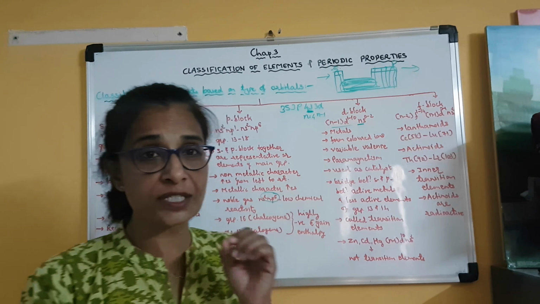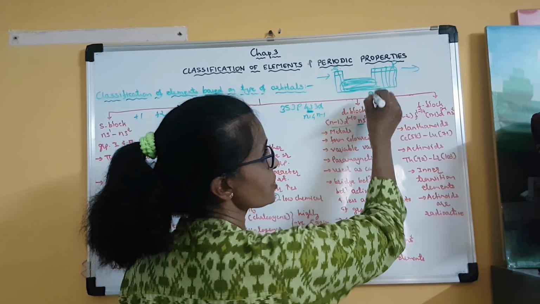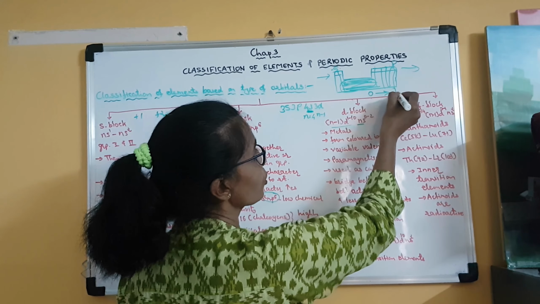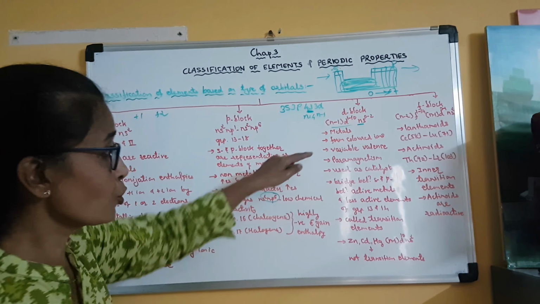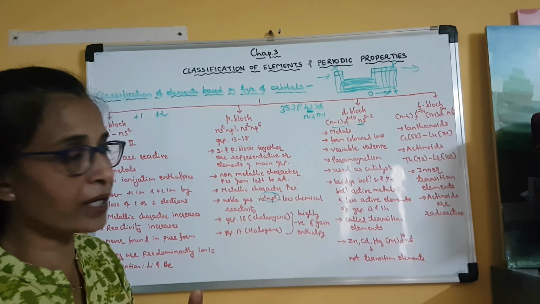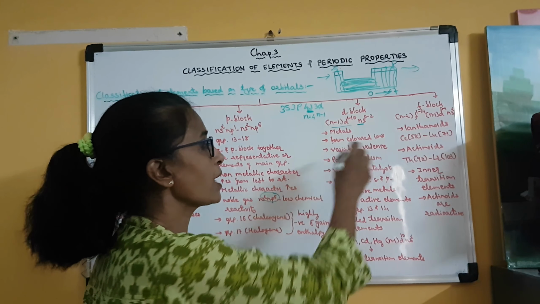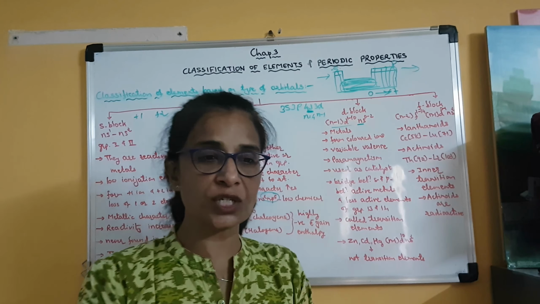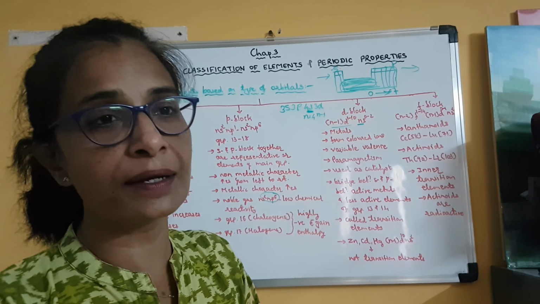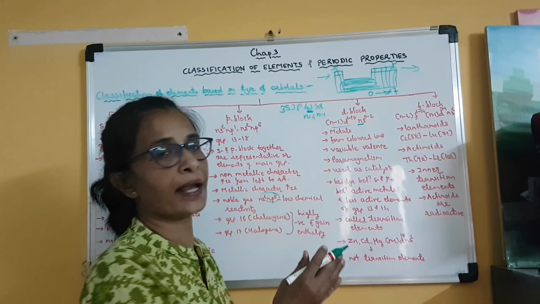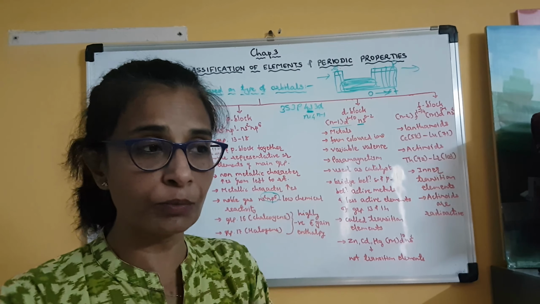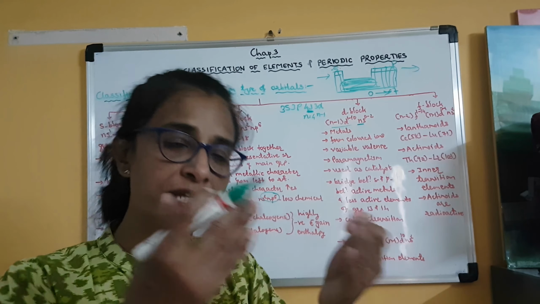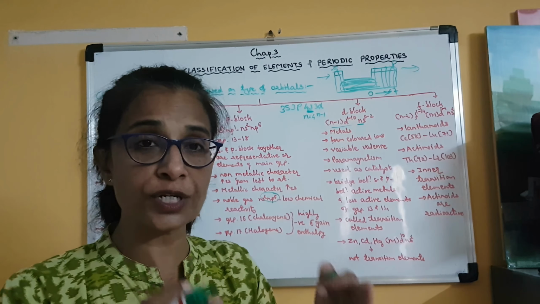But transition elements have a variety of oxidation states, means their valency varies from 0 to +7. So they have variable valence, variable oxidation state. They are paramagnetic. Paramagnetic means the substance is attracted by a magnetic field. Because they have unpaired electrons in their d or s orbital, they are paramagnetic. The atom or molecule which has an unpaired electron is attracted by a magnetic field, so it is said to be paramagnetic.